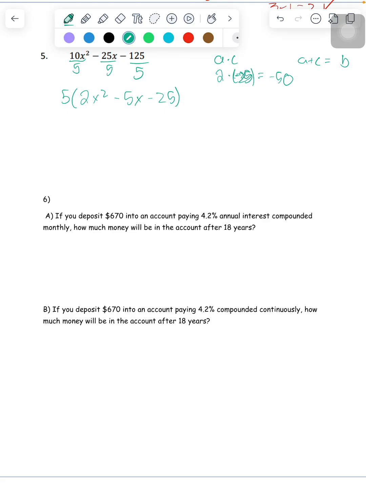There's only a couple. So let's try negative 50 plus 1. That's not going to work. Let's try negative 10 plus 5. Well, that's going to work. That's negative 5. My b here is negative 5. So that's going to work. Lucky us, we got it on the second try. So once you have all that, now this is what you do. Now we're going to break up